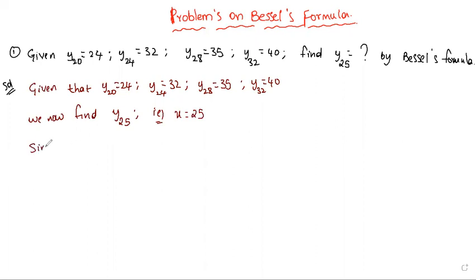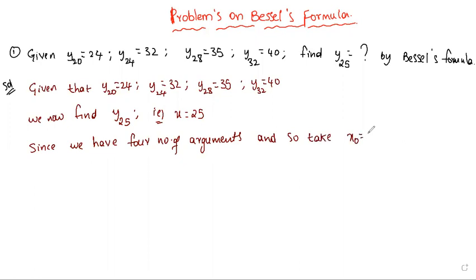Since we have four number of arguments, and so take, as 4 is an even number of arguments, x0 is equal to the second one. So take x0 is equal to 24. Therefore, x0 is 24, and x minus 1 is this one, since this is the second. x minus 1 is equal to 20, x1 is equal to 28, x2 is equal to 32,